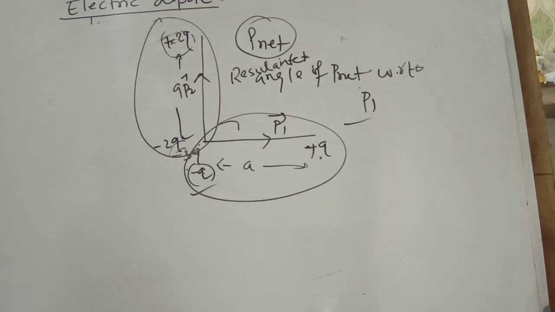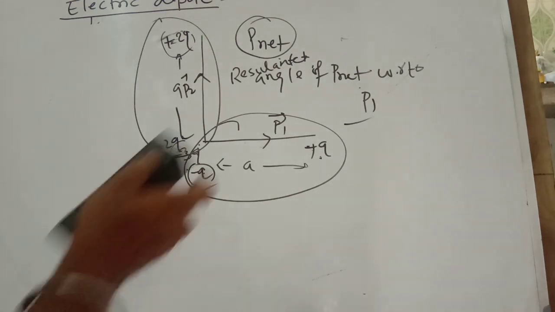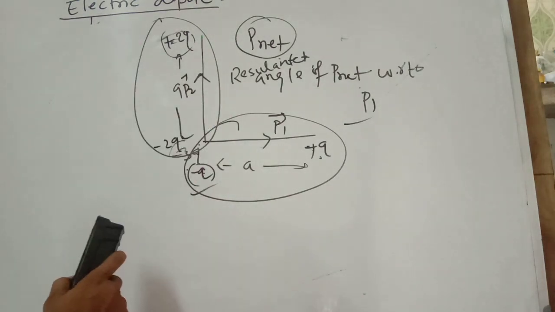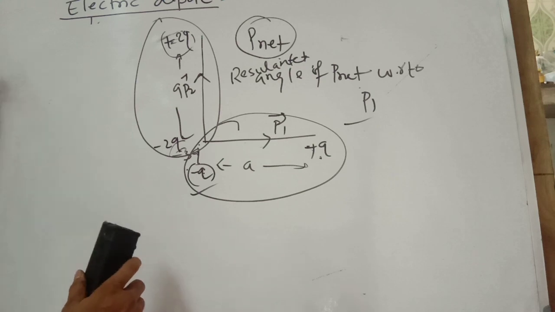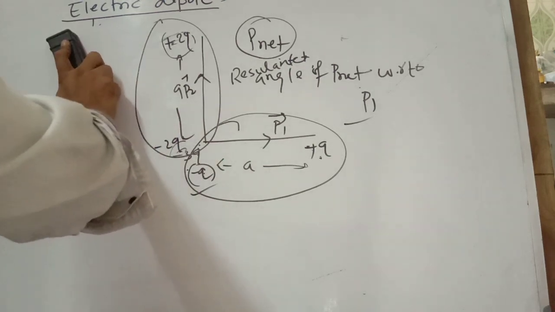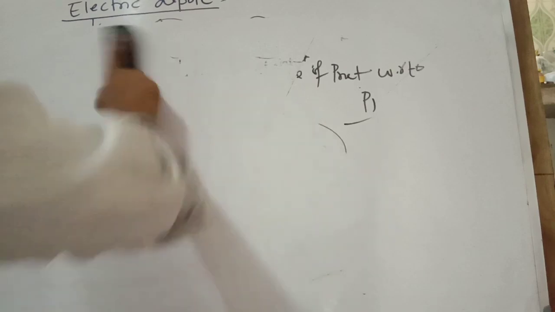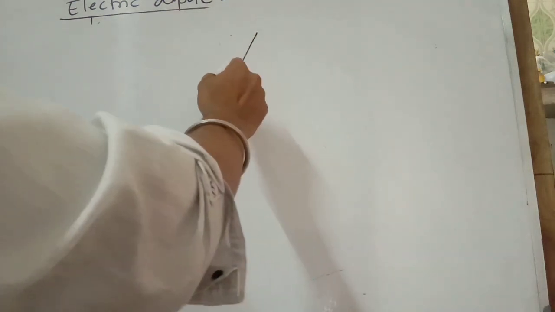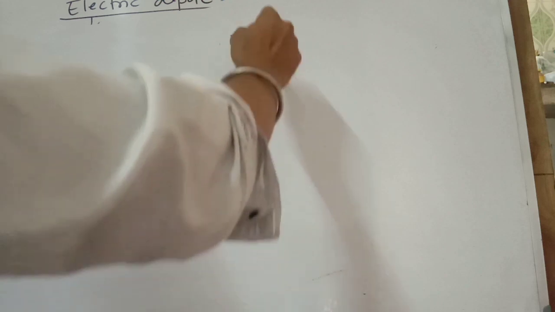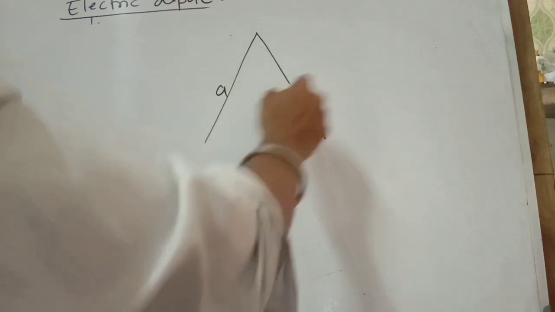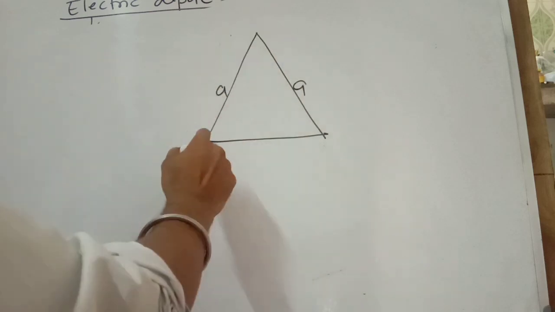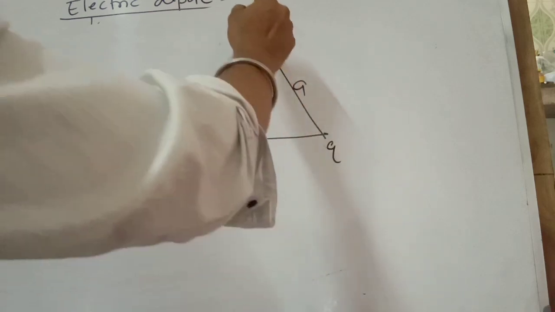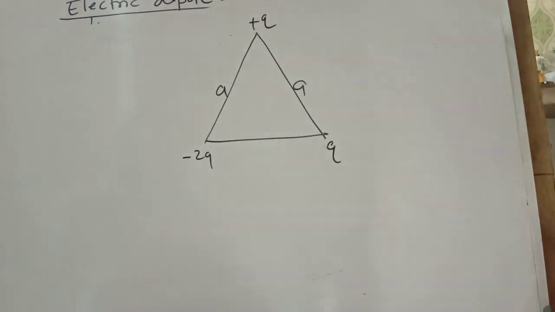Okay, so now you will do this question at home and you will give your answer in my comment box. Okay, so next problem I am giving on the basis of the electric dipole, same questions. Let in an equilateral triangle, we consider an equilateral triangle of side length A. Now we consider here the minus 2q charge, here q charge positive, here also a positive charge.